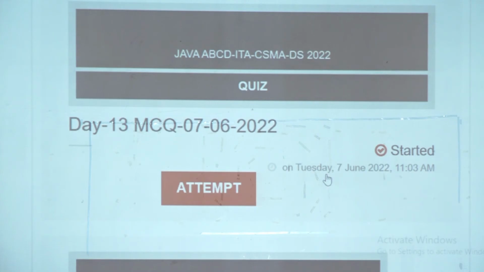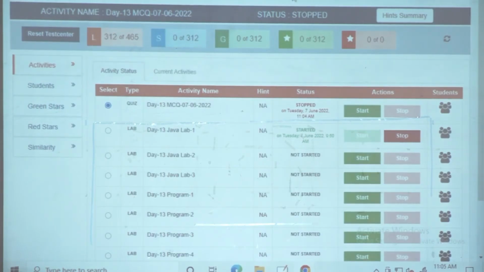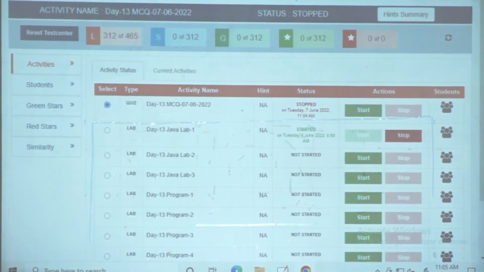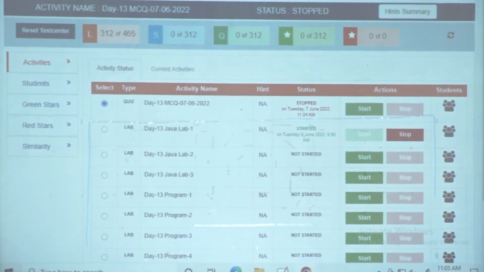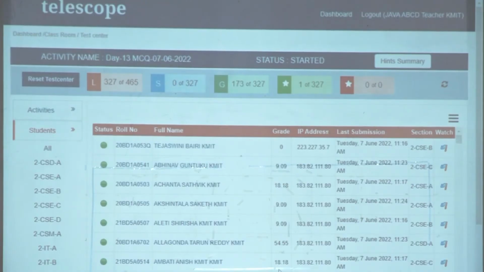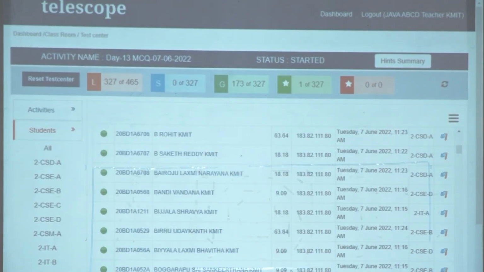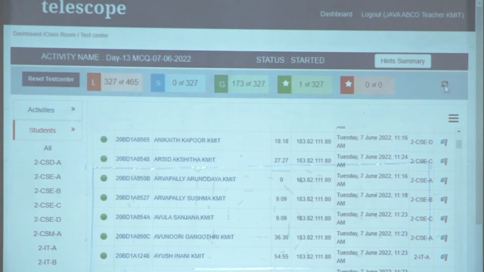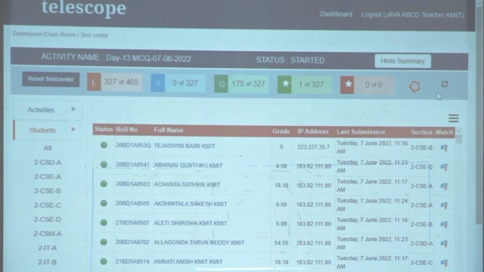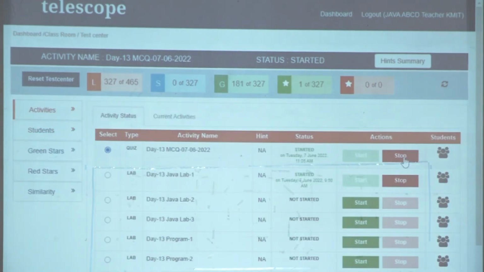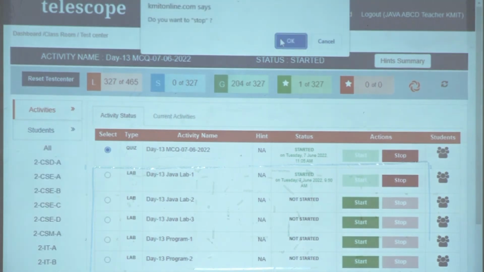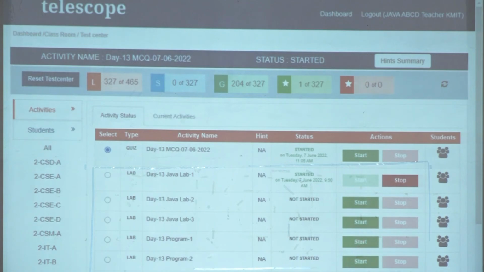We have enabled the MCQ. Give it a shot. Try to do it on your own, and please answer without running the code. Okay, I think it's almost closing. People who started a little late will get a little more time. I'll wait till this reaches 200 and stop. Okay, so we stopped it.